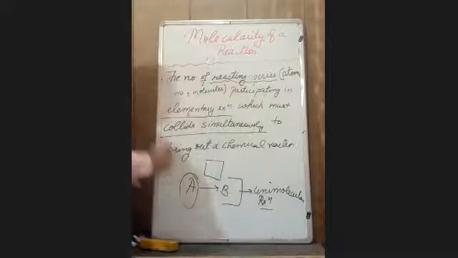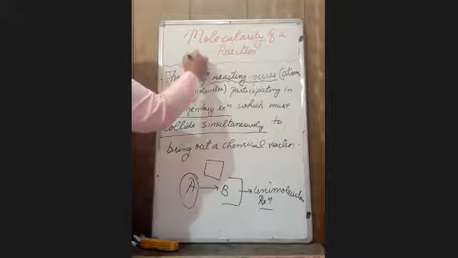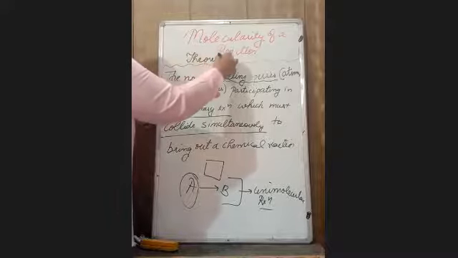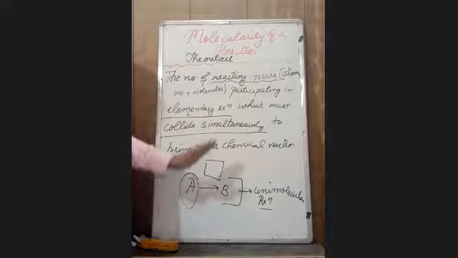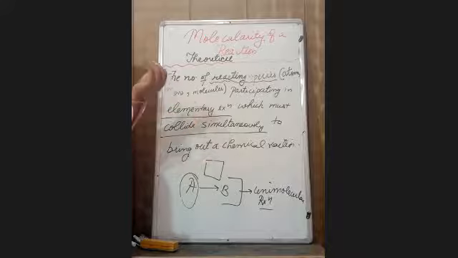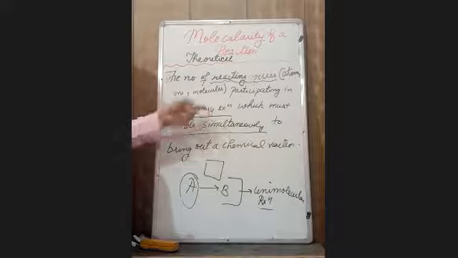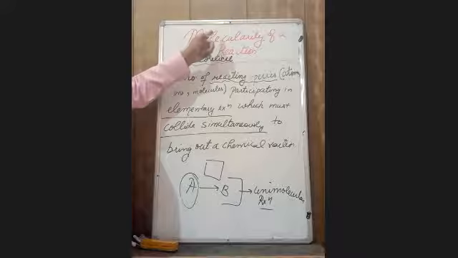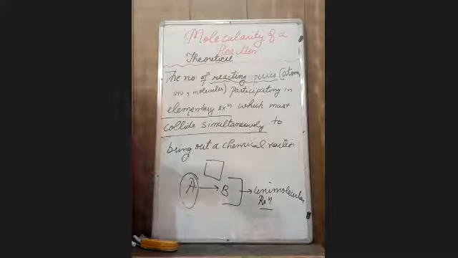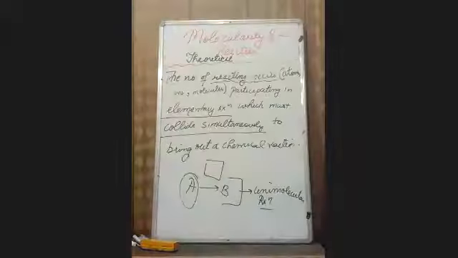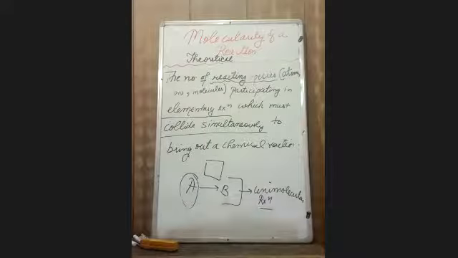And remember, student, this is a theoretical concept. It is a theoretical concept, but order of reaction is your practical concept. You can tell the molecularity of a reaction by only seeing the stoichiometric coefficient of the elementary reaction. This term is applicable to only elementary reaction, not to complex reaction. Order of a reaction can be applicable to both complex as well as non-complex reactions. This is your unimolecular reaction.